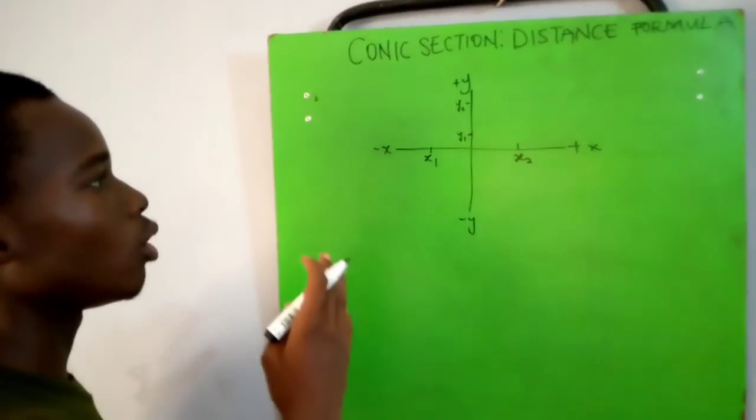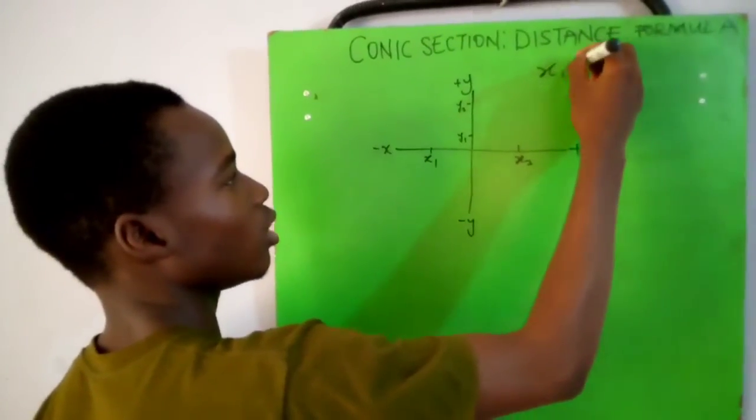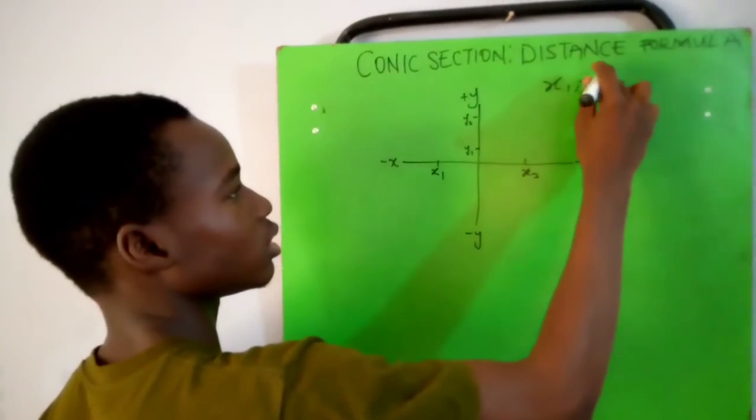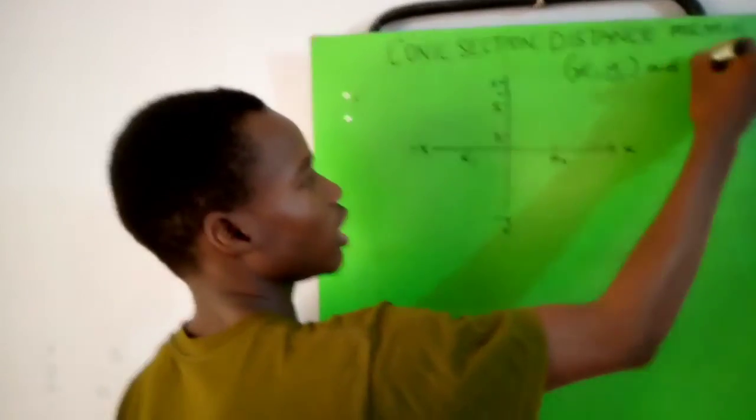So suppose we have a point (x1, y1), and we have 2 points, x2,